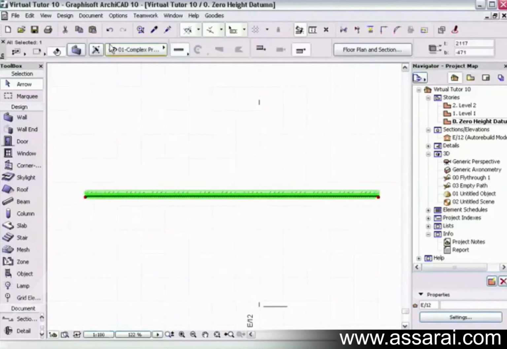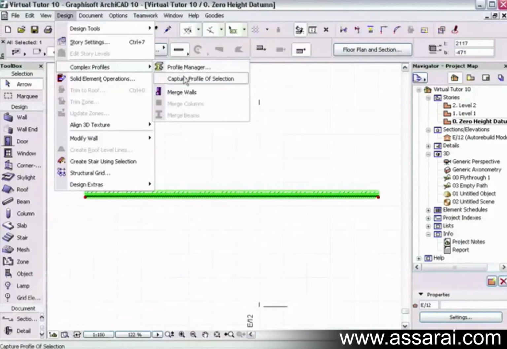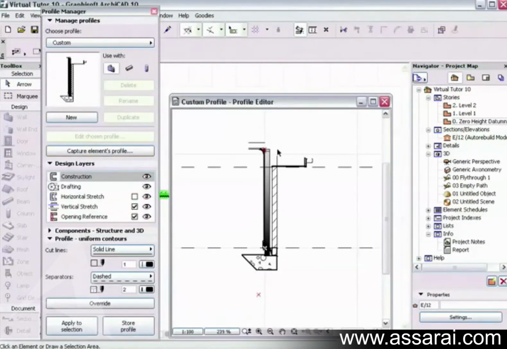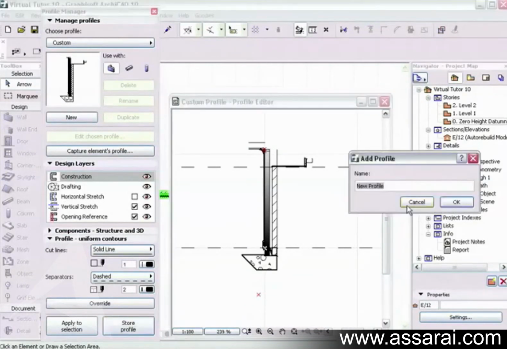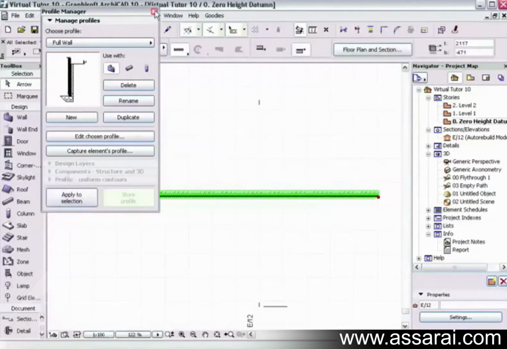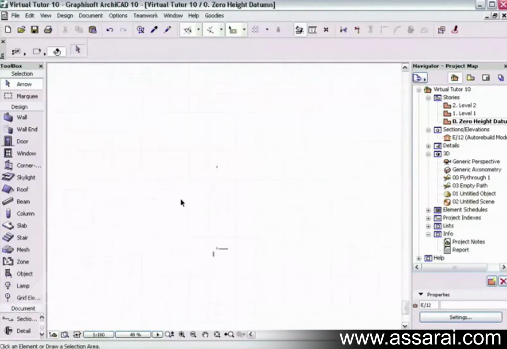Once we've done that, we can select the wall and go to the complex profile, capture profile selection, and as soon as we do that, we have the wall in our library now. Now I need to store that profile and use that as a wall. I can also edit it further if I want to. Just going to give that a name, full wall, push OK, push store profile, close it, and if I delete this wall now, and I might just draw another slab,